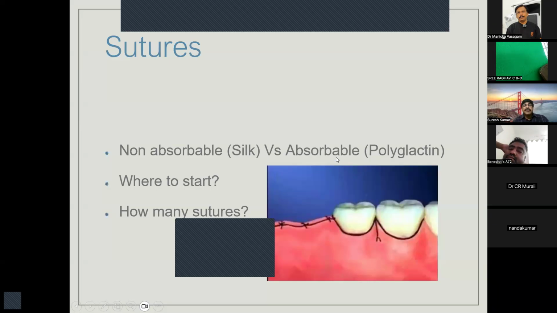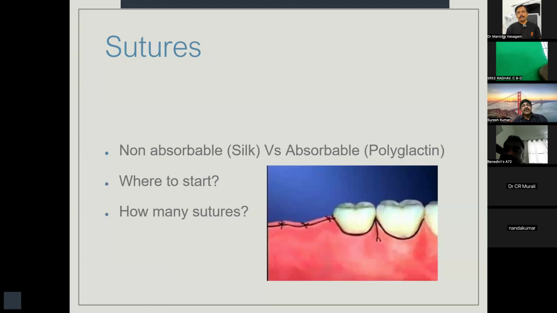I use absorbable sutures only when the patient cannot come back to you for suture removal in 1 week or 10 days. Then we don't have a choice, we have to go for absorbable sutures. So patients coming from the US returning back after 5 days or 6 days, then we have no option. They won't come back for suture removal, we have to use Vicryl only.